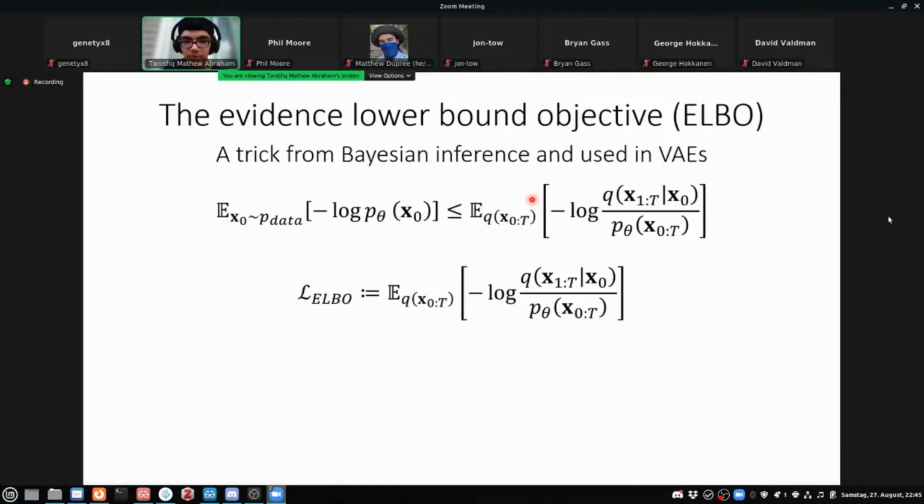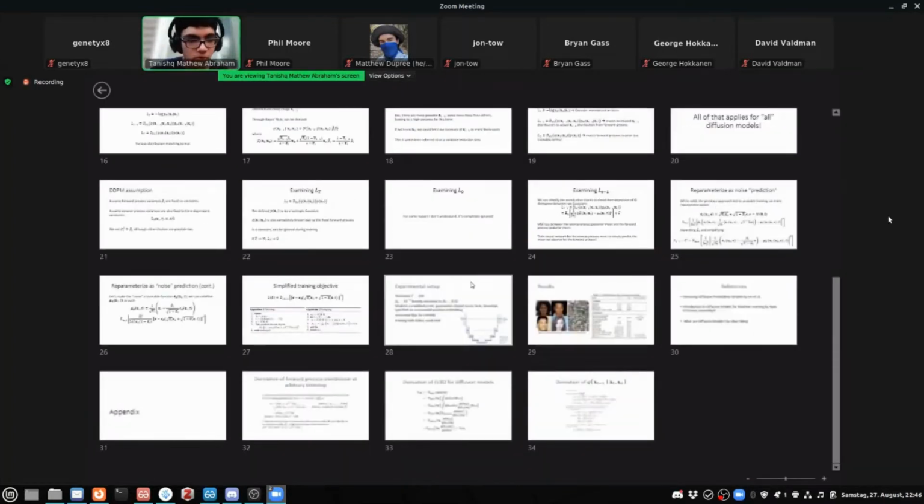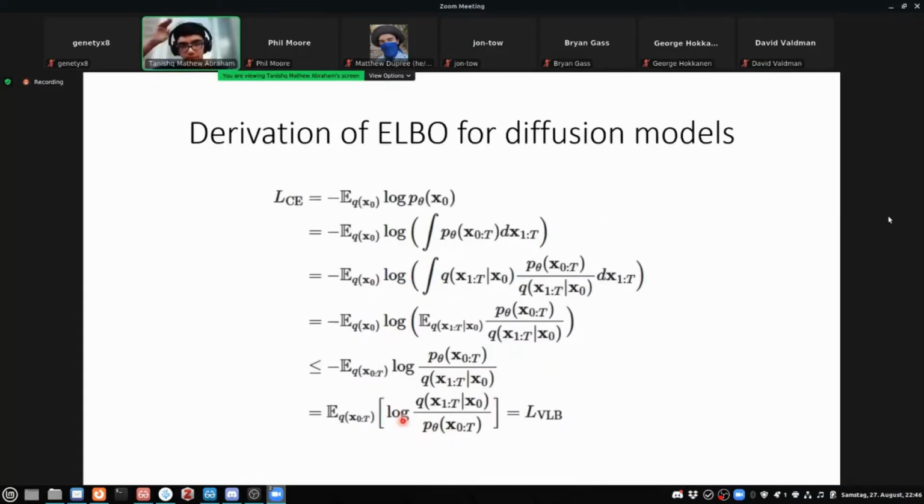I mean, there are multiple ways of deriving this ELBO loss. I do have one slide that shows one way of deriving it, which is just kind of math. And then there's what's known as Jensen's inequality, which is the last step. That way you can take the inequalities, and that allows us to get the ELBO loss.